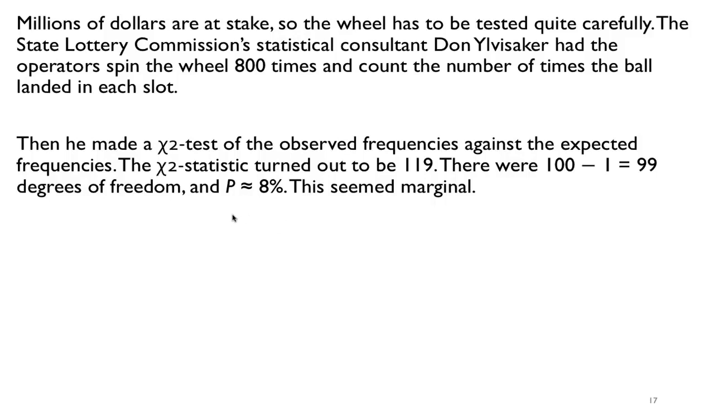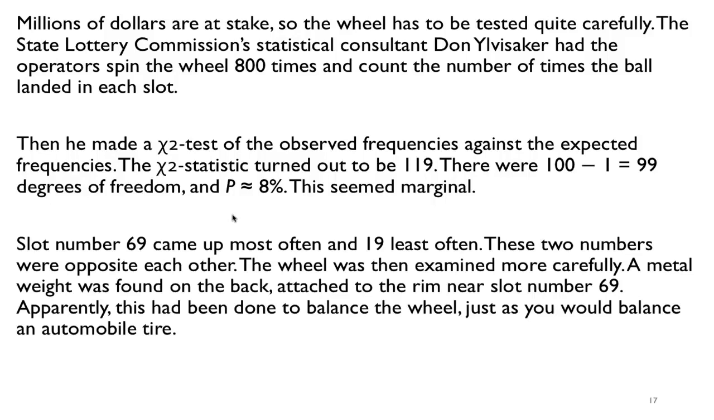So 5% is usually where you reject, right? But 8 is kind of there, so it's kind of hard to tell. But when they look at the data, they notice that slot number 69 came up most often and 19 the least often. And these numbers are opposite from each other. So that means there's some relationship, some correlation here between these two, and that means that maybe there's something wrong. We need to look at the wheel more carefully, and they